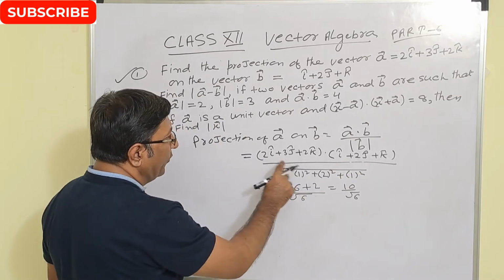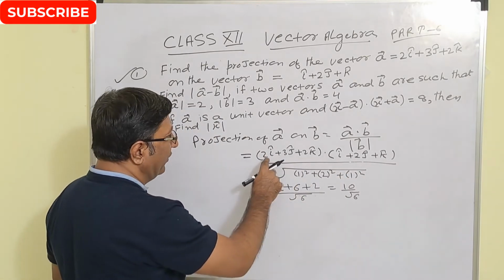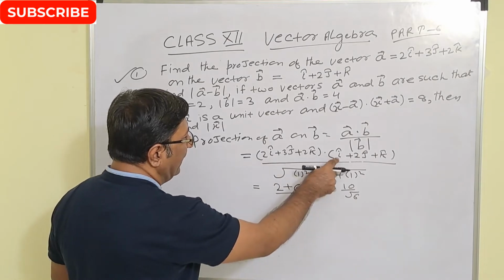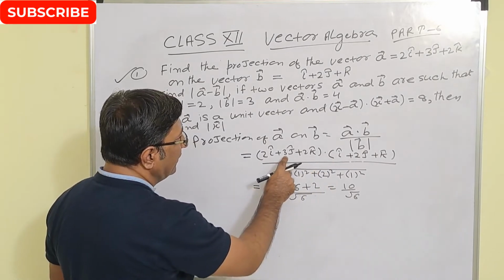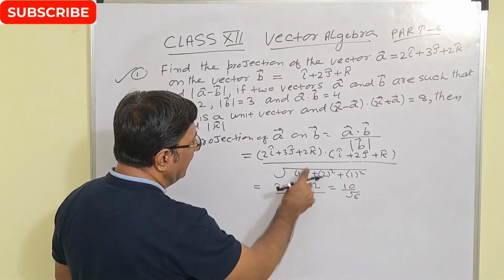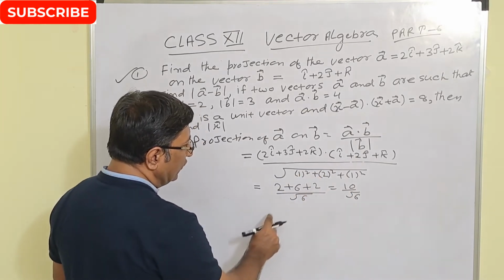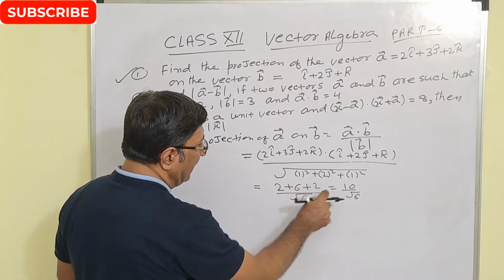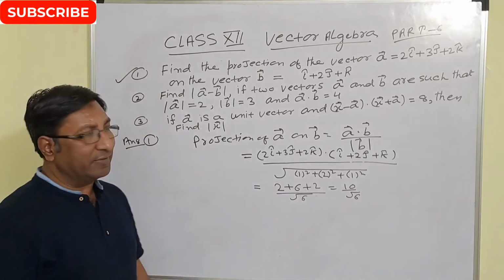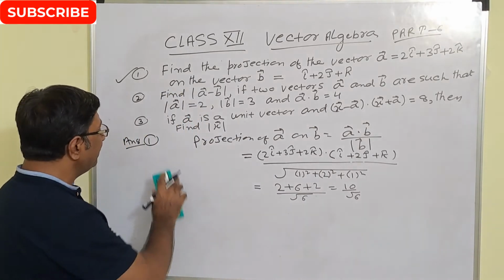So now in dot product we go for i dot i only. So 2i into i, that is 2. In the same way 3 into 2, that is 6. 2 into 1, that is 2. So 6 plus 2, 8 plus 2, 10 by root 6 is your right answer. चलो नेक्स्ट क्वेश्चन देखते हैं।